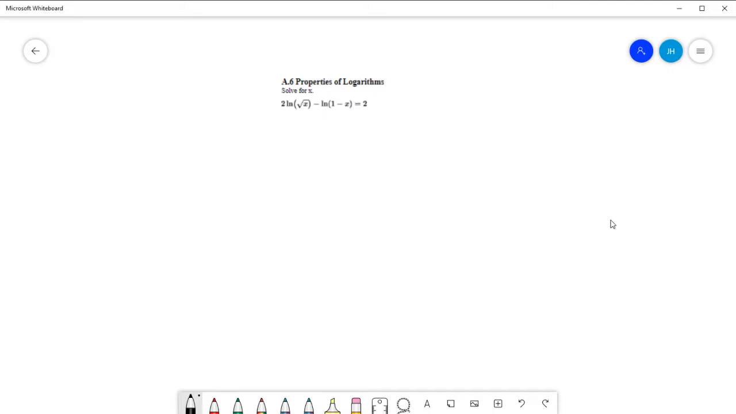All right, y'all. So to solve this problem here for x, we're going to need to know various properties of logarithms and use a little bit of algebra. So the first thing to see here, when we have ln of the square root of x, recall square root of x is equivalent to x to the power 1/2, right? However, if I rewrite this as ln of x to the 1/2